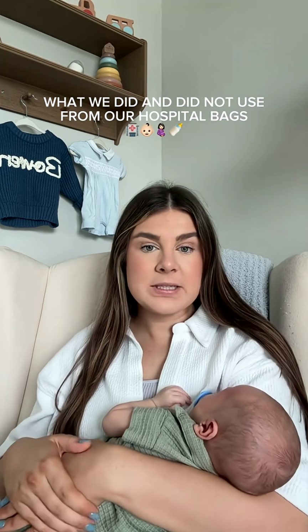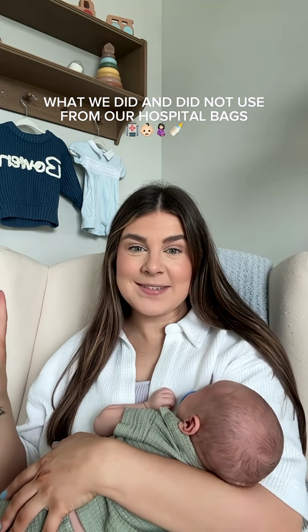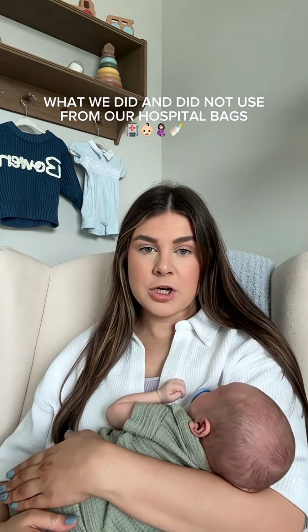Here are the things that my husband did use from what we packed for him. Lots of snacks, his own pillow and blanket, an extra long charger, his iPad,